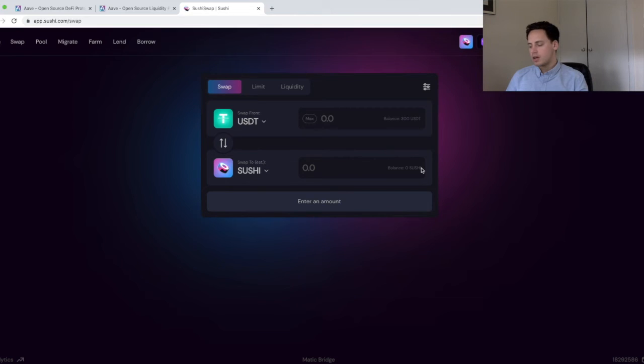Now, throughout that whole process, we retained custody of our assets the whole time, and we did not have to give them away to a centralized intermediary in order to facilitate those transactions, and it was entirely permissionless. So I did not have to call up the Aave team and say, hey, can I get a loan? Or I didn't have to KYC with SushiSwap in order to be able to transact.